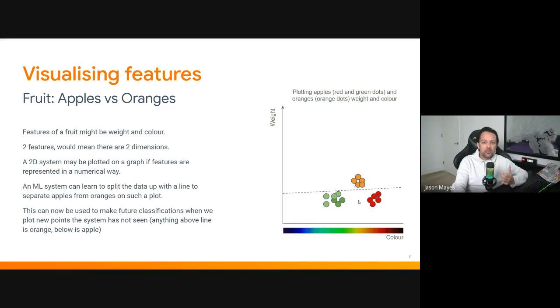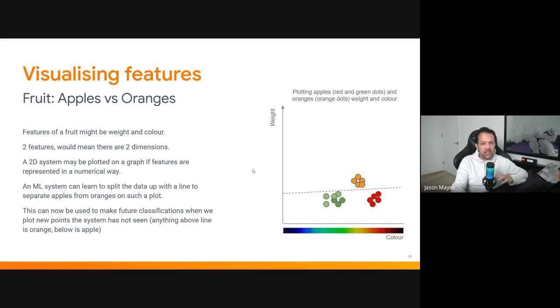And this is the essence of what's going on behind the scenes for machine learning. If we can get a computer to figure out the equation of this line automatically for us, then it has the ability to learn and to classify things. And basically, machine learning is all about the separation of the data in such a way that you can then classify things in the future with good reliability.